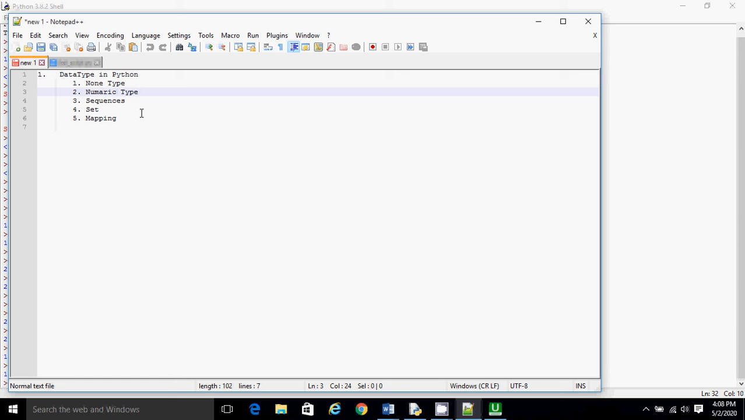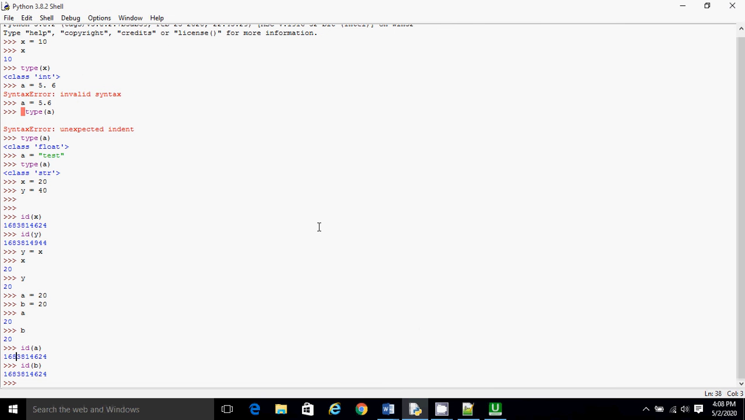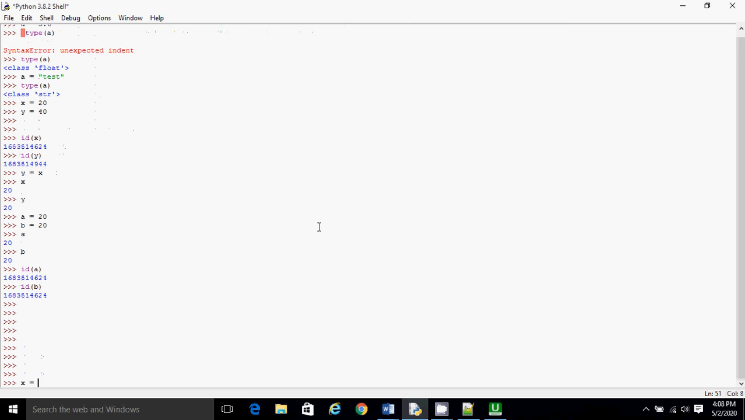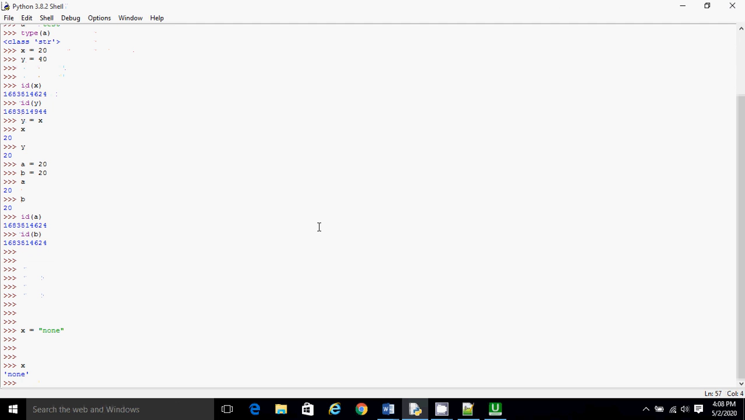So let's see about the none type. What is none type? You might know that in Java null is there. We declare any variable as null, the value is null. So in Python, we take that as null, the none type. So I can declare any variable x equal to none. And what will be the value? None. And if you see the type of x